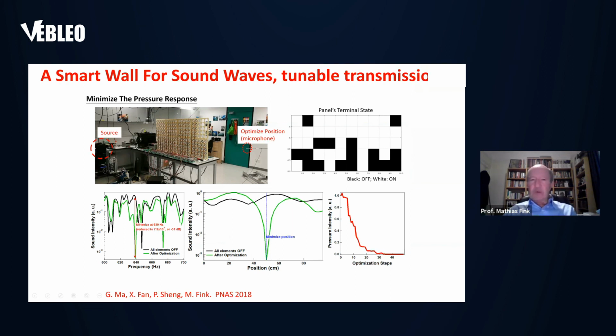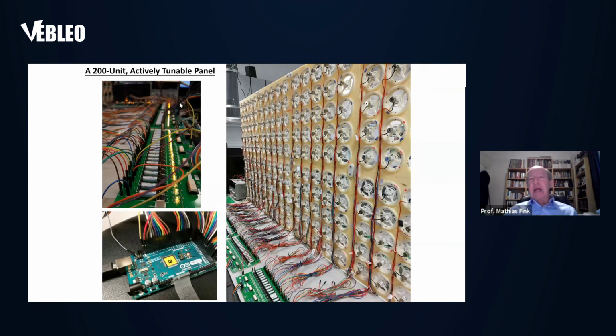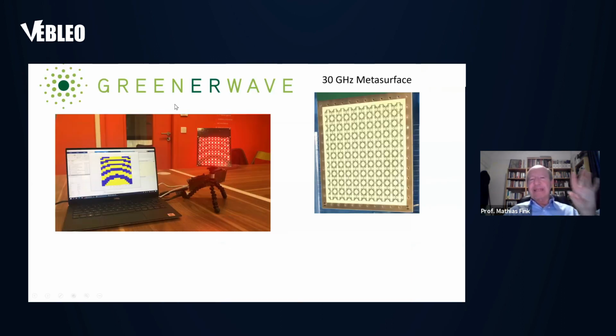I just want to finish by telling that we have created a company, Greener Wave, from this technology, especially for microwave, and we call this green. Why? Because in fact, you can use base stations that send much less energy, and it is good for ecology. You do not have a big value of the intensity close to the base station, but if you use, at a good location, a smart wall that changes the environment, you can maximize the communication. Thank you for your attention.